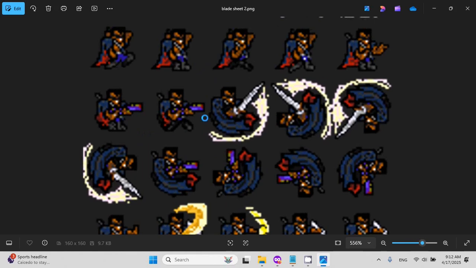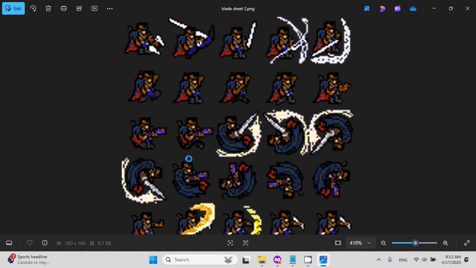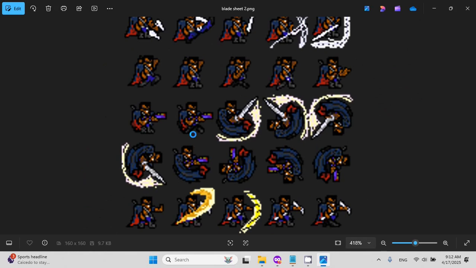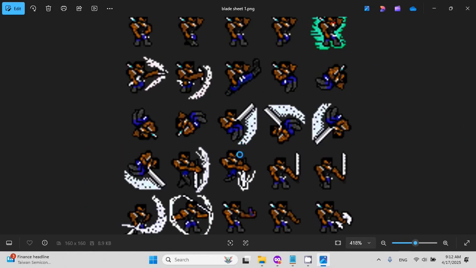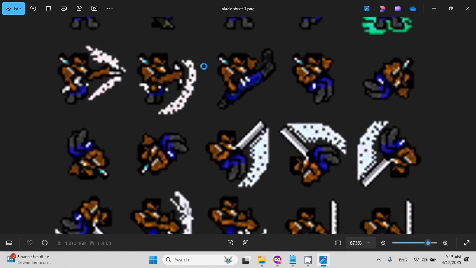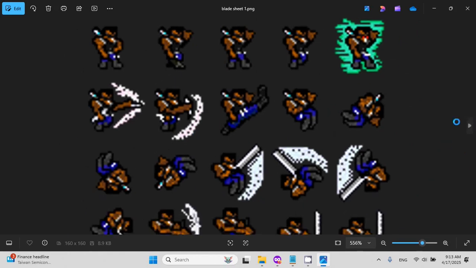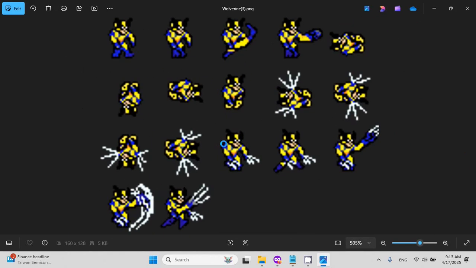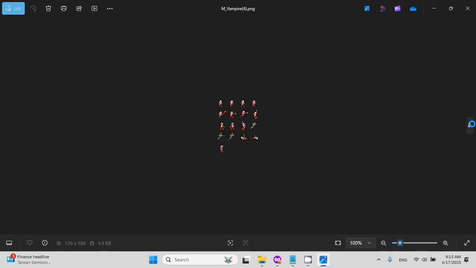I drew Blade with his trench coat on, just from the comic book version of him, without the other shirt, and then without his bulletproof vest on. And I drew him with the bulletproof vest on, just to give him a different set of animations. I was trying to give everybody about the same outline, because I started off drawing X-Men first. Like I drew Wolverine. It's not the best artwork, but it just matches the